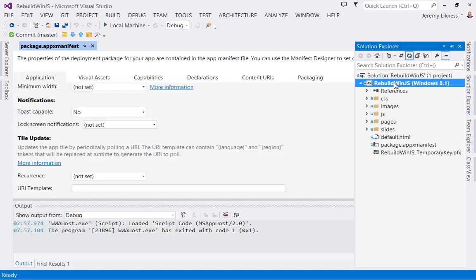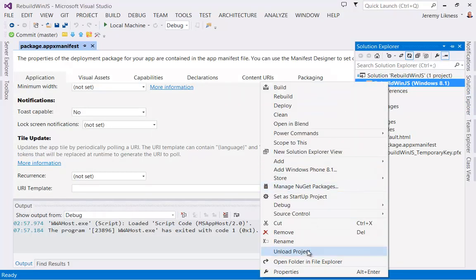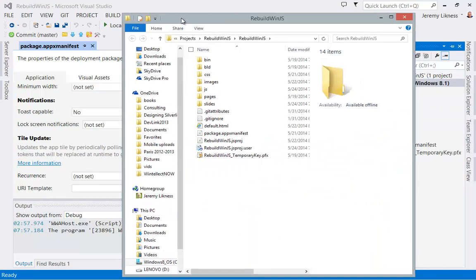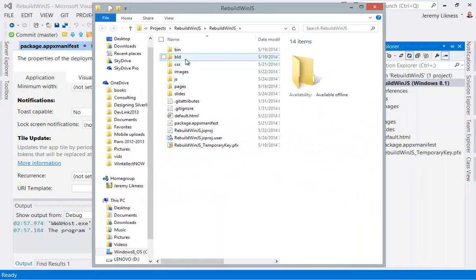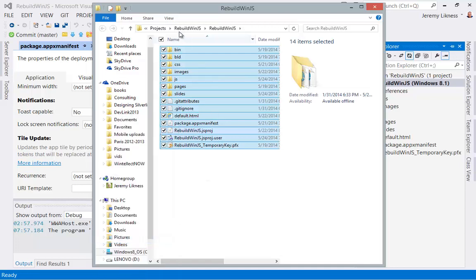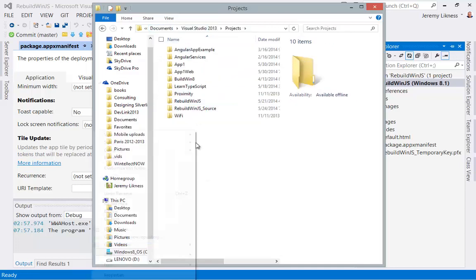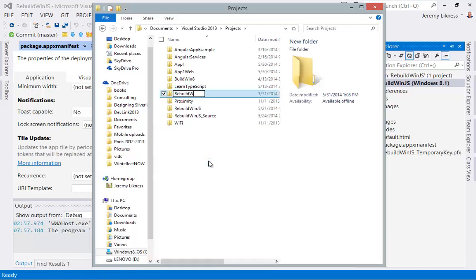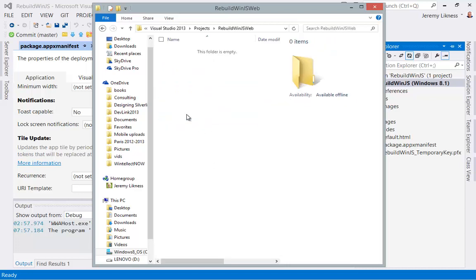So for the first step to convert this, I'm going to go ahead and open the project folder. You can see that here. And I'm basically going to take everything here, copy it, and I'm going to make a new project called Rebuild WinJS Web, because I'm going to target the web browser for this. So in this I will paste what I copied